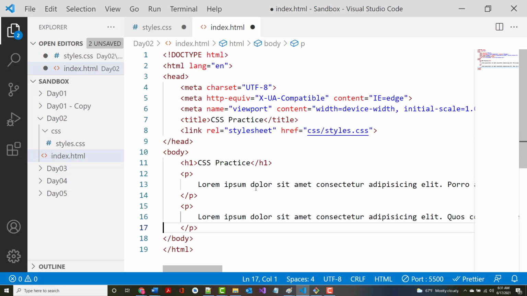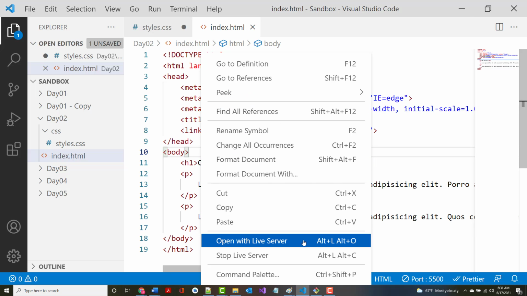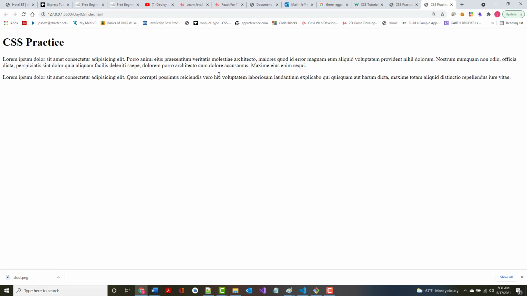All right, so we've got that in there. I'm going to save, and I'm going to go back into my live server, and there it is. Now, not much in there, but what I want you to see is this. It's kind of hard to tell, but there has been some margin and padding put in here by default by the browser. All right, I'm actually going to grab this,